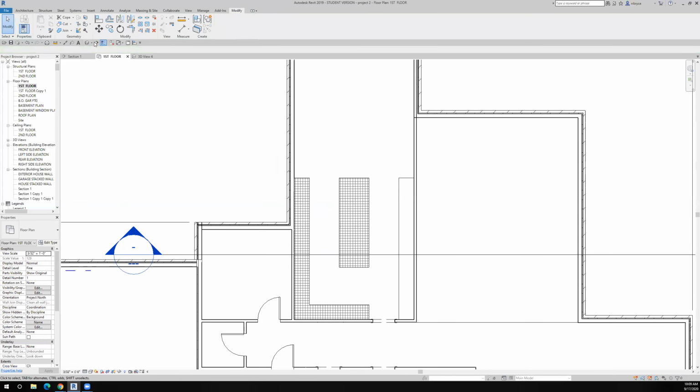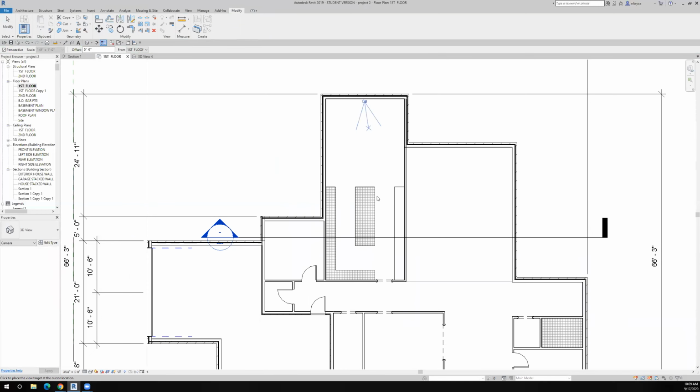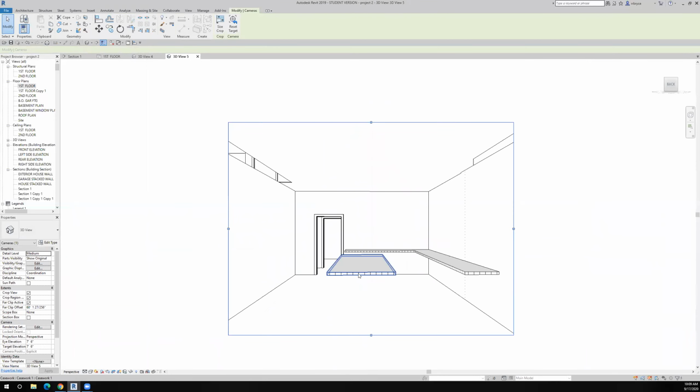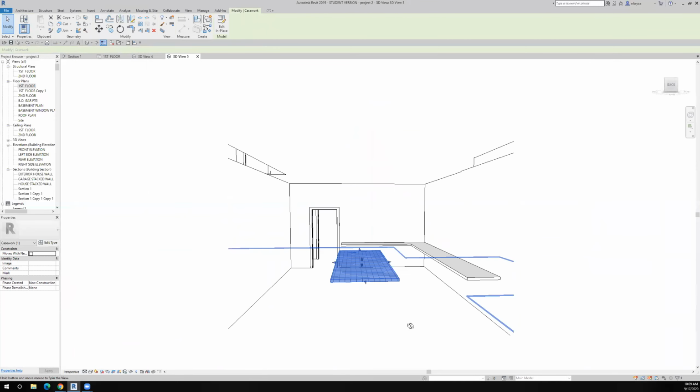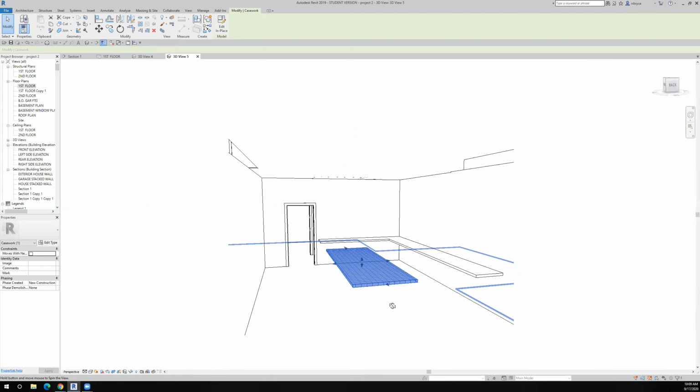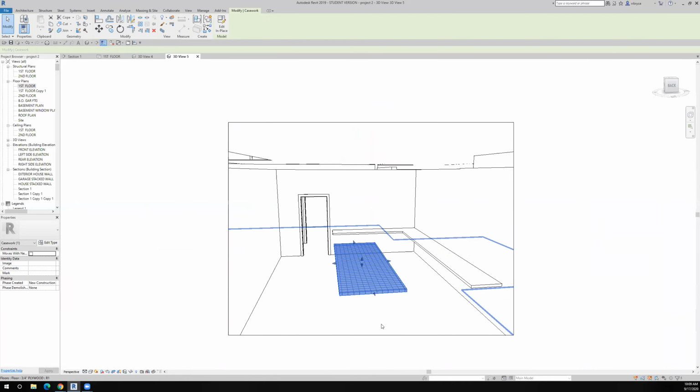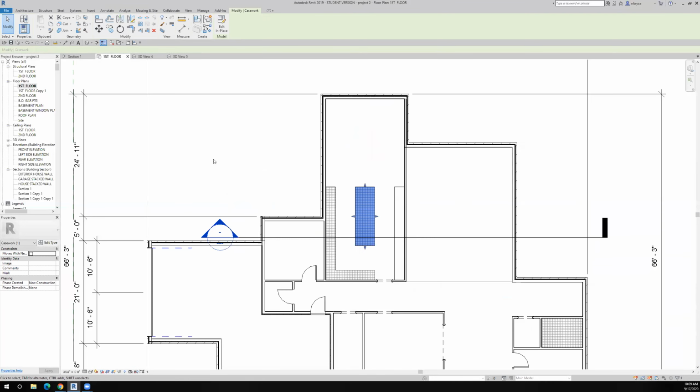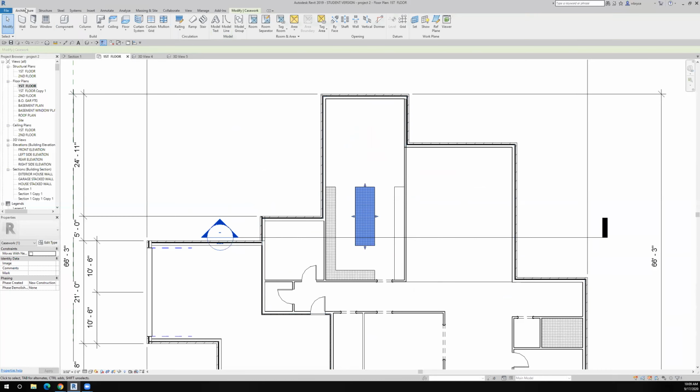And let's take a look again with the camera at what I just did. So I'll put that camera back here, point it in this direction. And now you can see that I have put in 2 countertops. And I spin it around a little bit and you can see that. So let's go back to the first floor, put our third and final countertop in,